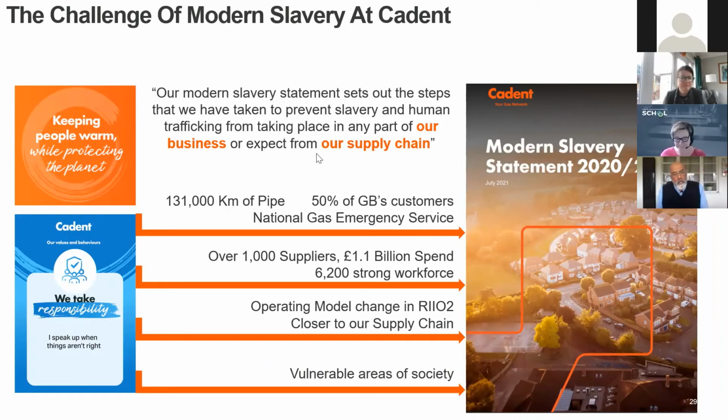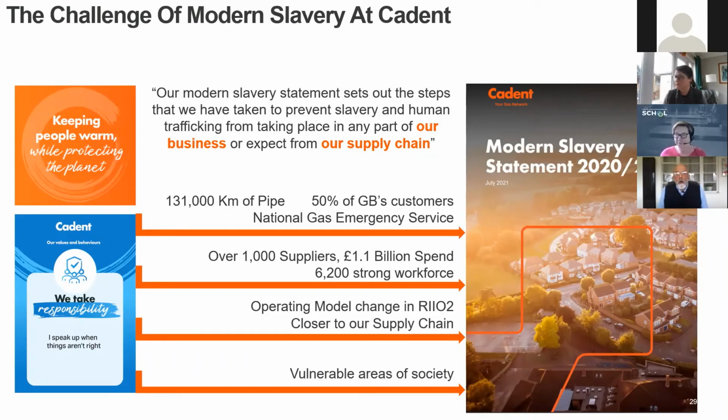So, as I said, in terms of walking our talk, what we have done is created a very detailed modern slavery statement. It's quite current. It says 2020, 2021, and that was released sort of summer, autumn last year. Just to give you an insight into why this is all relevant for Cadent, we are the country's largest gas distribution network, and therefore